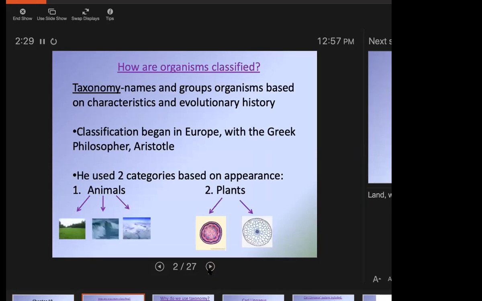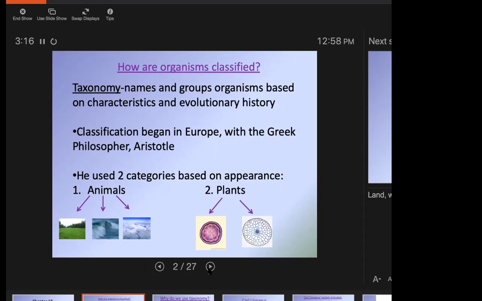So classification is nothing new. Thinkers have been trying to classify living things for thousands of years. The science of taxonomy is just naming and grouping things based on the characteristics that they share. So more closely related organisms then would be in more similar categories. Okay. It did begin with Aristotle. He usually gets credit for being the first person to try to classify things. But keep in mind, he was doing this 2,000 years ago, or some maybe even longer than that now. I don't have an exact date off the top of my head, but